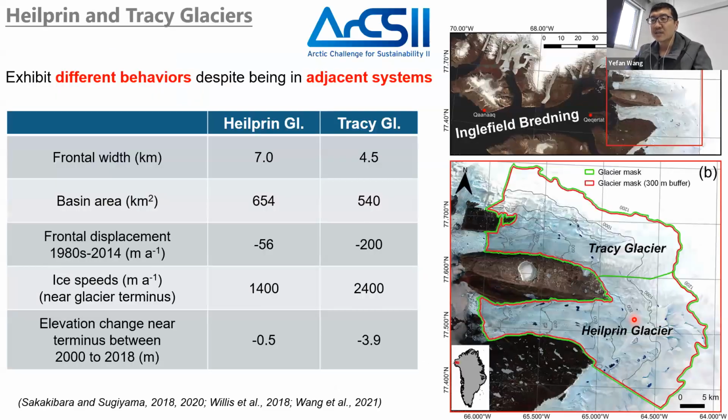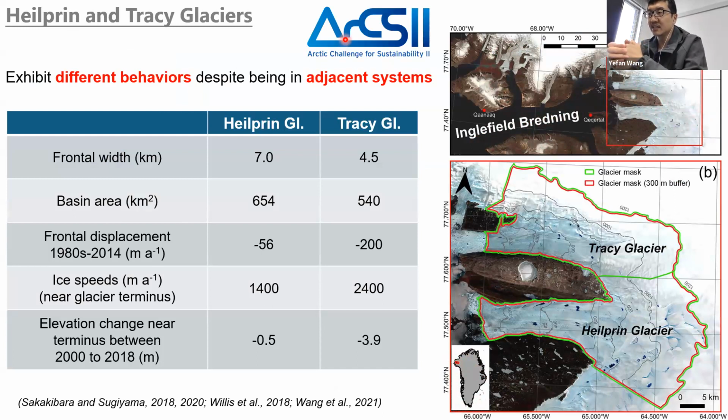So here I will introduce the research target, the Heilprin and Tracy glaciers. Where are these two glaciers? We can see this is Greenland, northwestern Greenland. If we zoom in, this is Inglefield Bredning, and these are the two glaciers. So why choose these glaciers? Actually, as I just said,